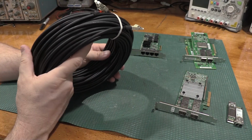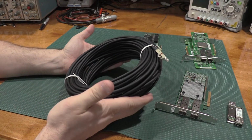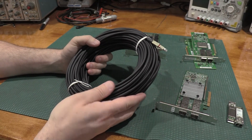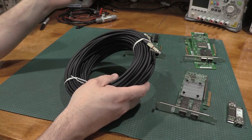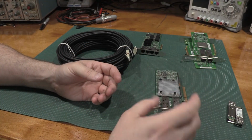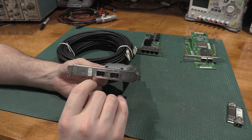The 168 foot was, I think, $70. This is the shorter version. I think this is just shy of 100 feet, and it was like $40. So this is going to go from the switch over to this network card, which is going to be in the editing machine. The way we convert this port, and you have to be careful on this, is